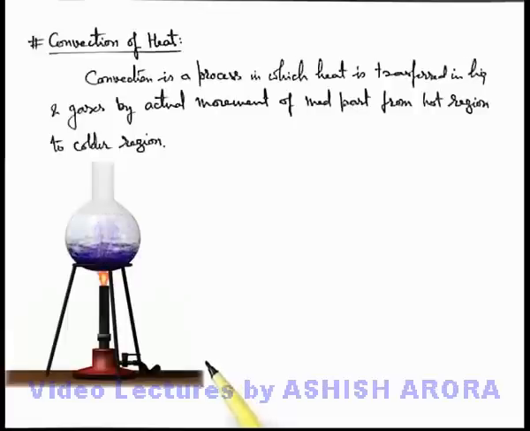So you can see as ink becomes hot, it rises and distributes the heat in the upper region of water where water is cold. So this is the way after some time you can see throughout the flask the color of water turns blue. That implies that the heat from the bottom region, which is conducted through the burner into the flask, is distributed by the ink particles, and this phenomenon we call convection of heat.